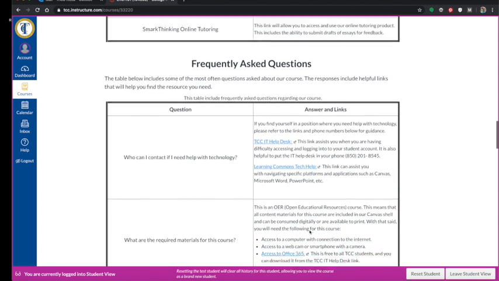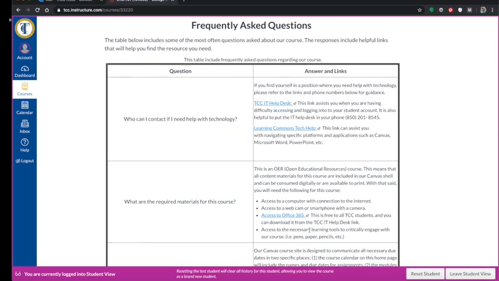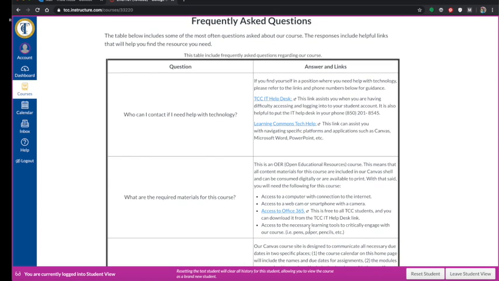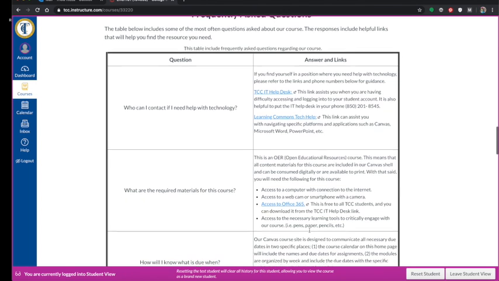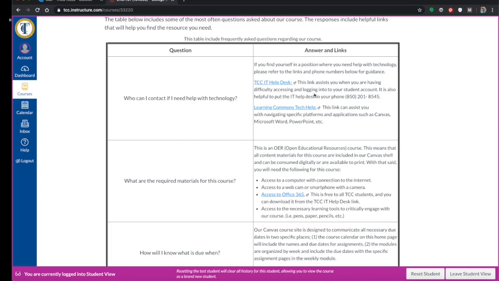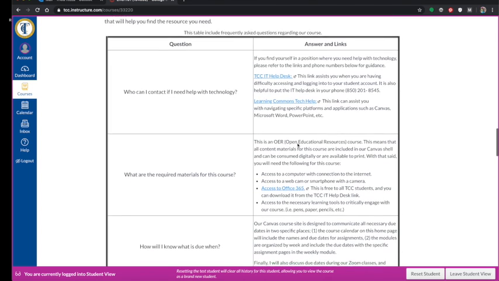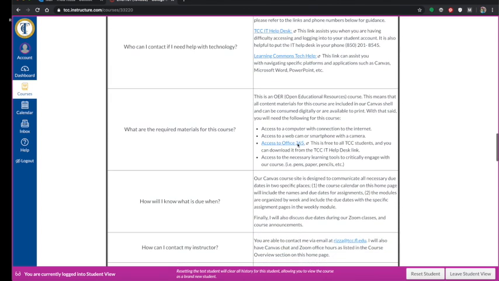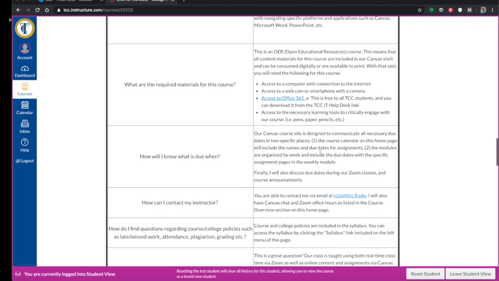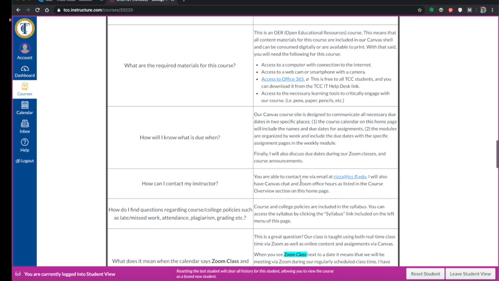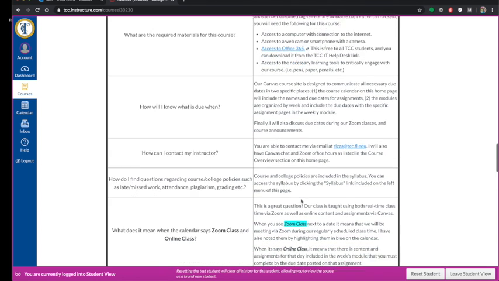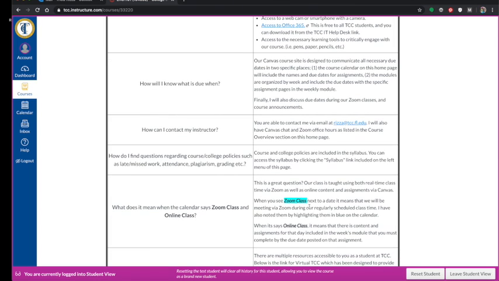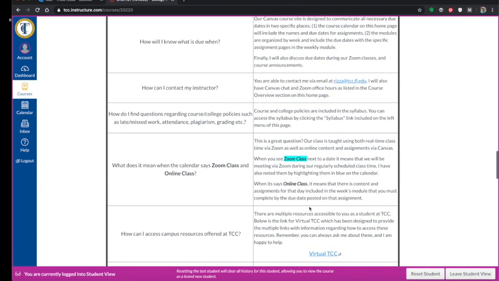The next section on our homepage is the frequently asked questions. These are questions that I often get in my classes, so I went ahead and created a quick little box that had the question and then the answer, and anything that you see in blue underline is a link that will take you to that particular resource. Okay, so you can go through these. If there aren't any blue underline, it means there's no link, which we don't need anyway. It talks about our Zoom class,